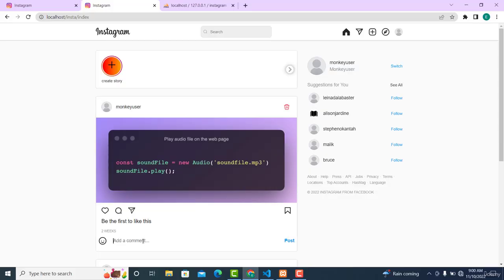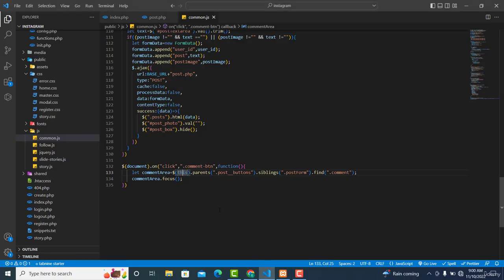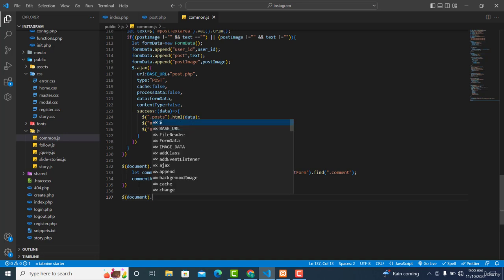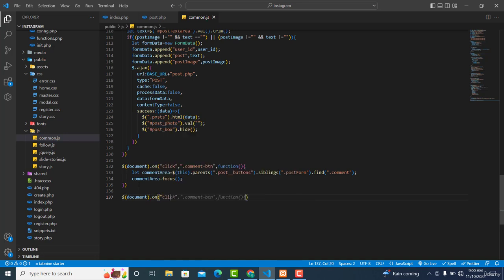Getting the comment input. In order for us to get the comment input, we need to get the element that we are targeting, which is this one. In order for us to do that, we need to traverse through the element. So we do the same thing with $(document).on('click'). Then this one will be .comment-save in our function,